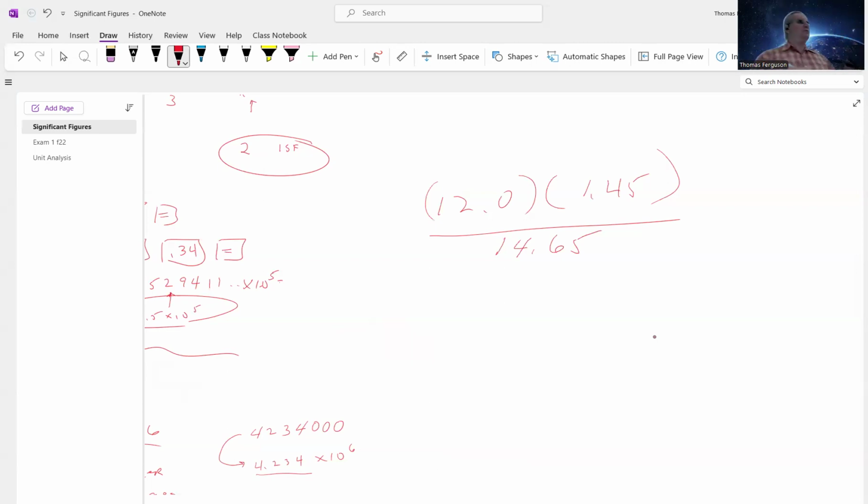So to do this, you can do it one of two ways. One way, in my opinion, is better than the other way. It's less prone to errors. In other words, we do this all in one step, and we do it all within your calculator, regardless of